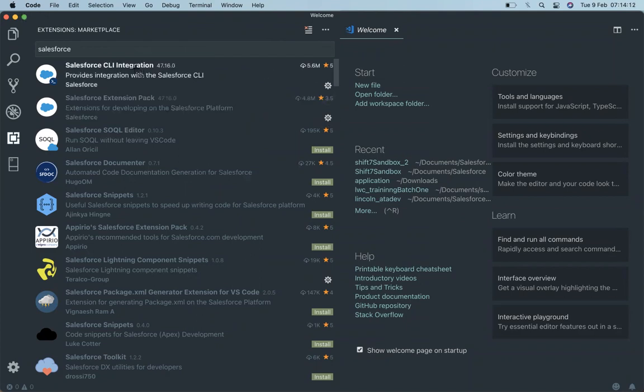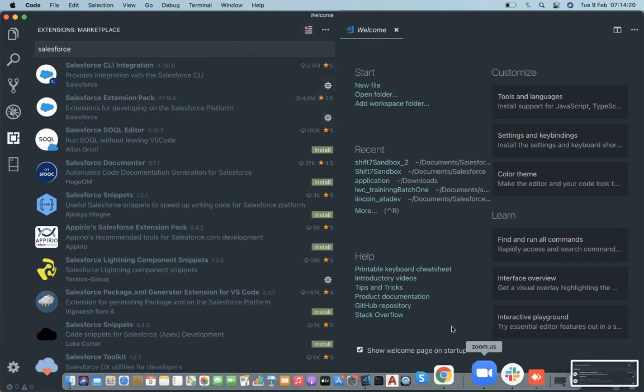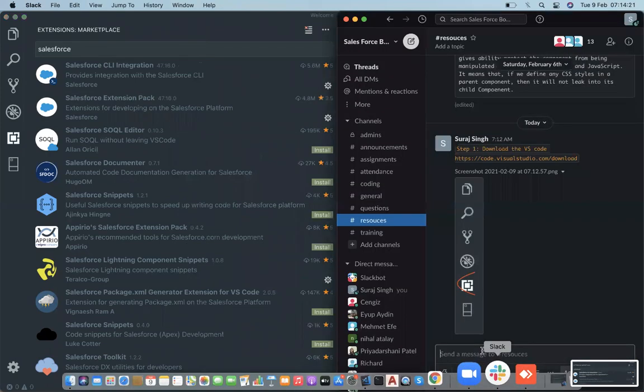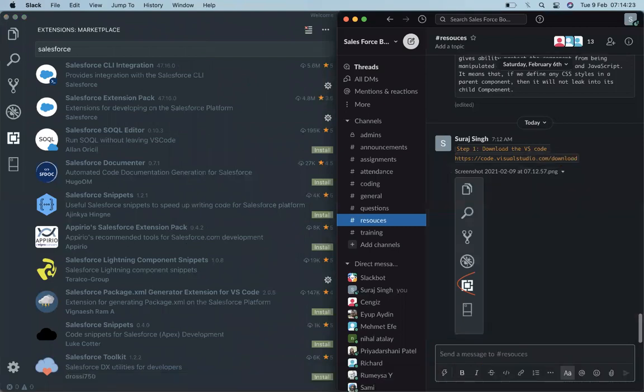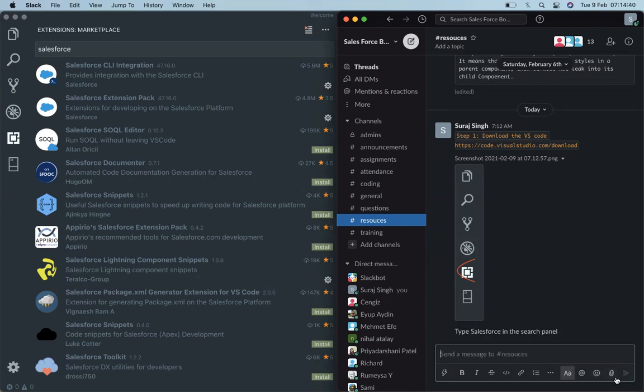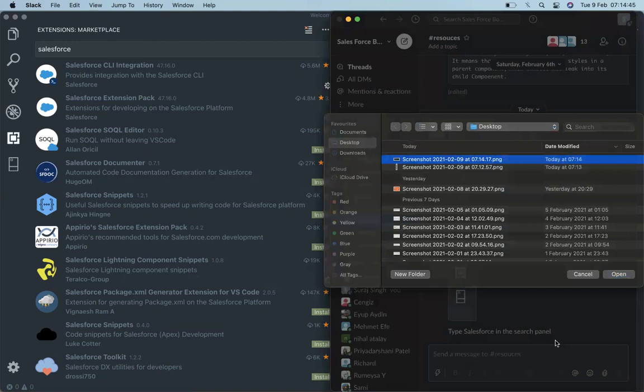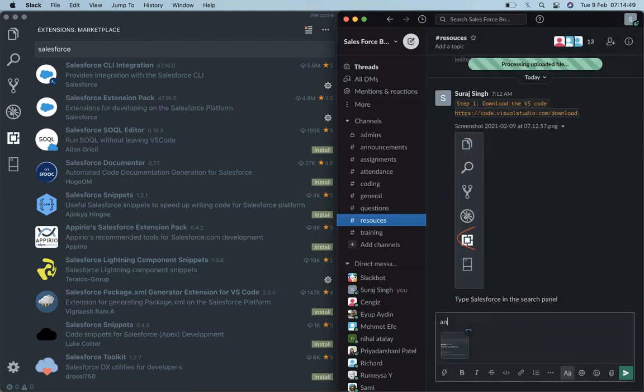So you have to install these two extensions, sorry, not packages, these are extensions: Salesforce CLI Integration and Salesforce Extension Pack.